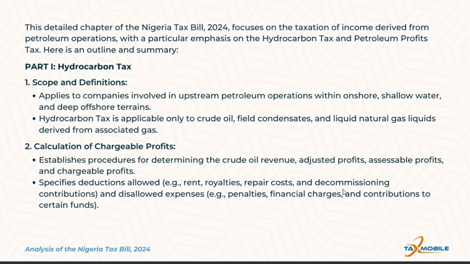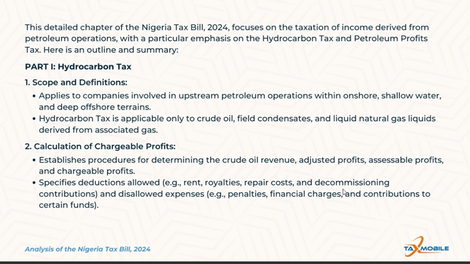It targets specific petroleum products, including crude oil, field condensates, and natural gas liquids derived from associated gas. With the exclusion, hydrocarbon tax does not apply to natural gas production, which is taxed under different provisions to incentivize its utilization